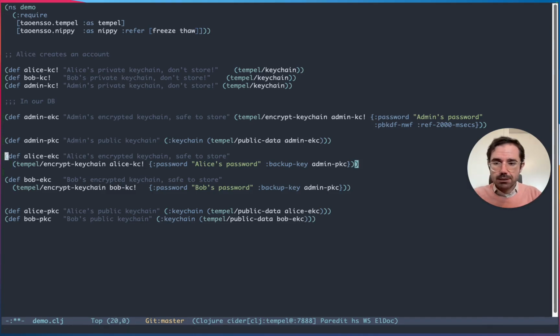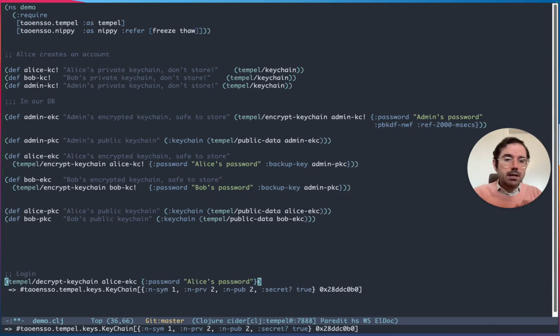So over here, Alice is encrypting her keychain with her password, and then later on, decrypt keychain, Alice, encrypted keychain, password, Alice's password. So this is on login. The password is only being used to unlock the keychain. The keychain is what's actually being used, and the keys inside the keychain are what are actually being used to